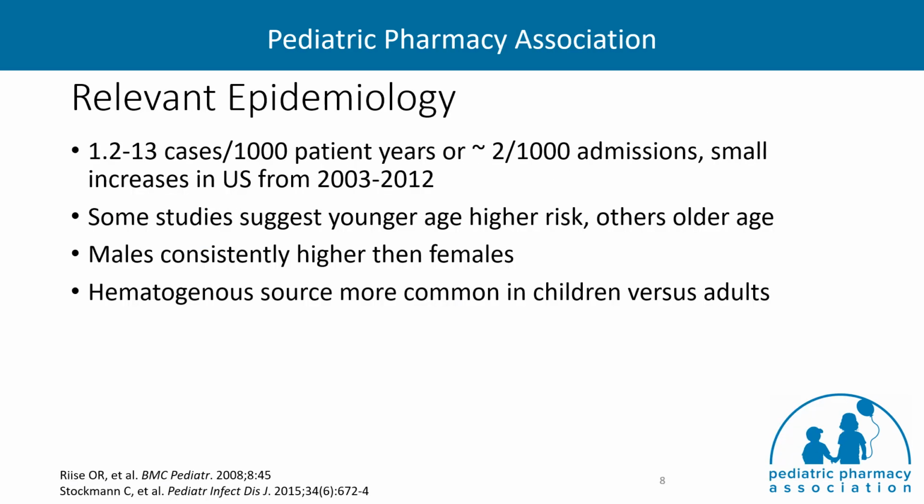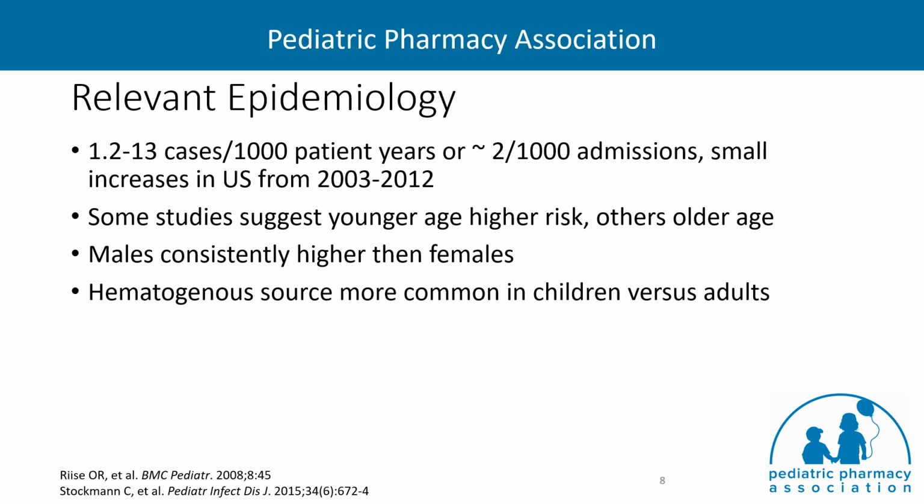Some relevant epidemiology, just so you know how often it occurs in the general population. It ranges anywhere from 1 to 13 or so cases per 1,000 patient years from an epidemiologic standpoint. To put it into numbers you might understand a little better, 2 out of every 1,000 admissions in tertiary pediatric centers tend to be osteo or bone or joint related. There are some increases reported, but I'd say they're pretty small. There is some suggestion that younger patients may be at higher risk, though other publications say older, so there could be some age-related